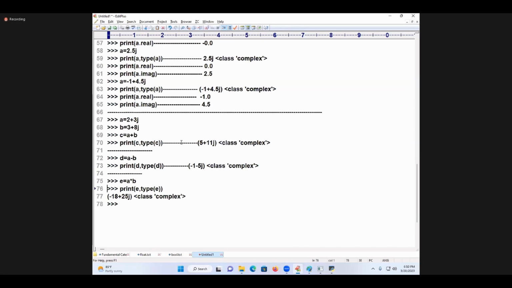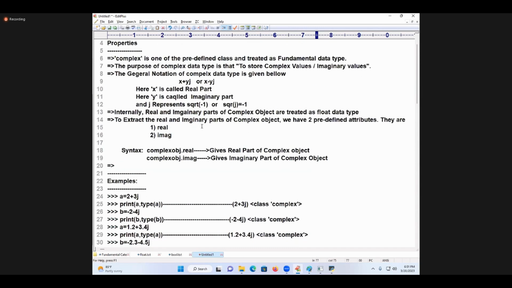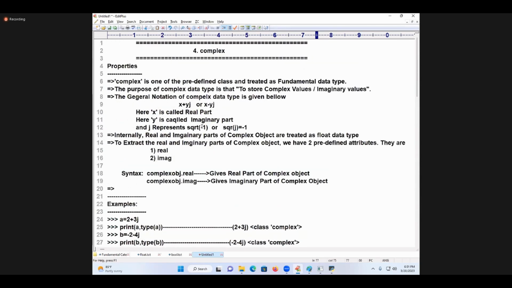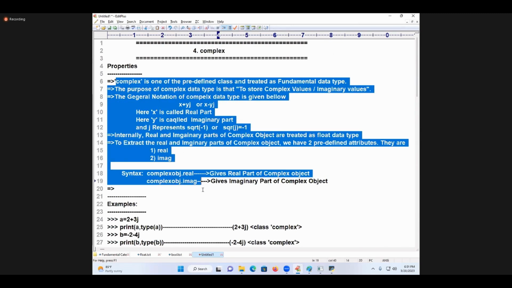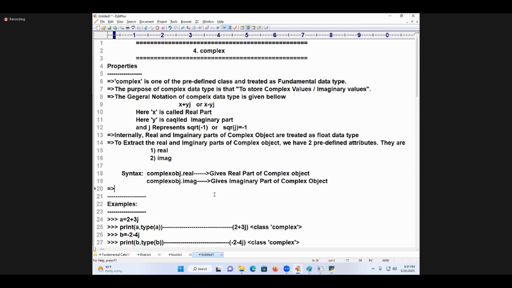So here, coming to this place, this is called what? The complete concept of complex type I am going to take up. The complete concept of which one? Complex. If anybody asks you tomorrow, will you answer like this? So complex properties are clear, right? So I am writing: on the object of complex data type, we can perform